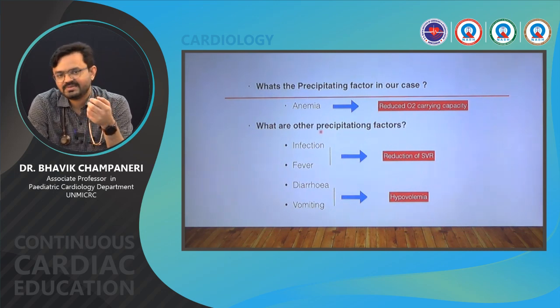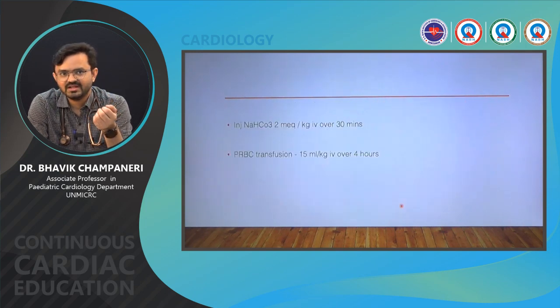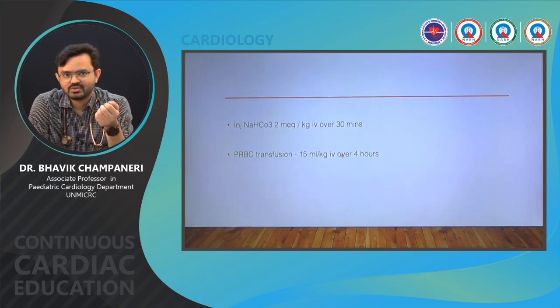What are other precipitating factors for cyanotic spell? It can be infection or fever, which reduces the SVR. It can be diarrhea, vomiting, which causes hypovolemia and causes vigorous infundibular spasm and development of cyanotic spell. So bicarb was given to our patient, and packed cells were given at the dose of 15 ml per kg IV